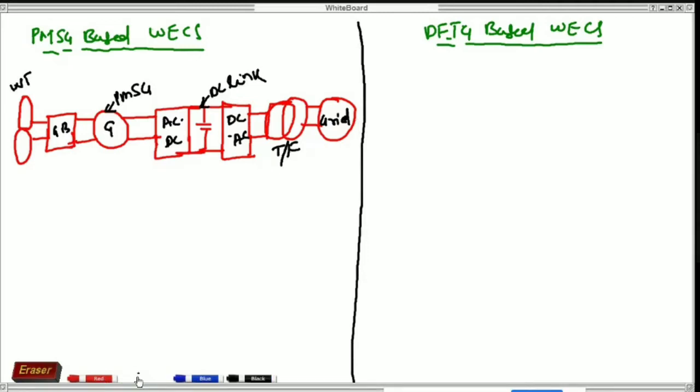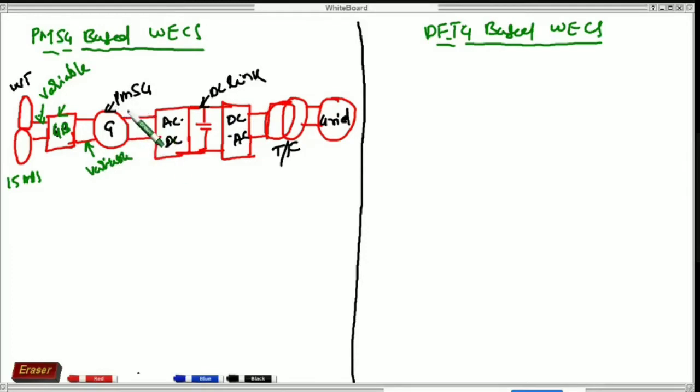So see here, if your wind turbine speed is 15 meter per second, the gearbox will control whatever power is captured from the wind, right? This gearbox will be controlled. So here, is power variable or constant? Variable. Here also variable.